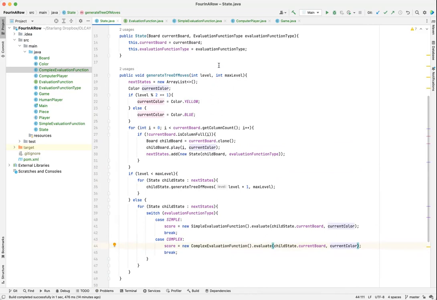But let's say the level is 1, but max level is 2. So in that case, we generate 3 of moves for children. But in that case, after creating it,